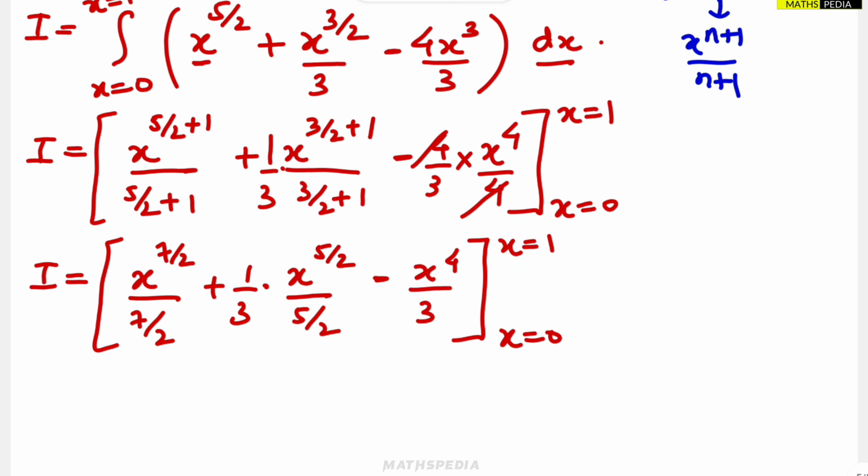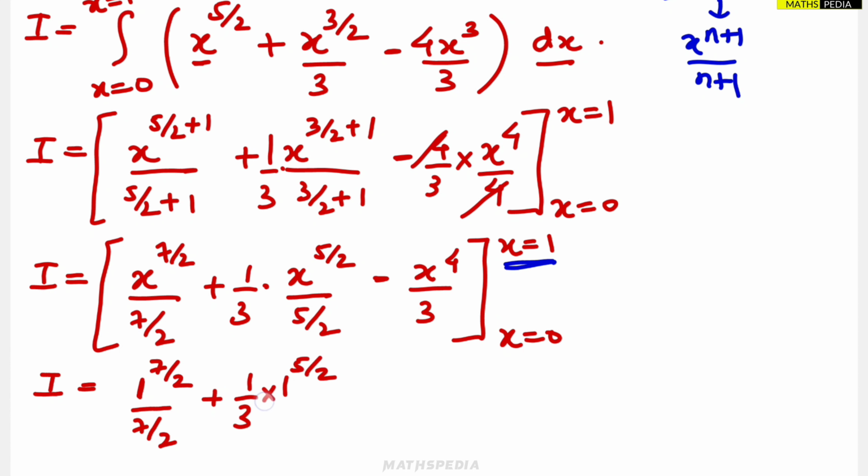So now what we are going to do, we are going to apply the upper limit first, then lower limit. Okay, so upper limit, what happens, in place of x I have to substitute 1, so it will be 1 power 7 by 2 by 7 by 2 plus 1 by 3 into 1 power 5 by 2 by 5 by 2 minus 1 power 4 by 3, then